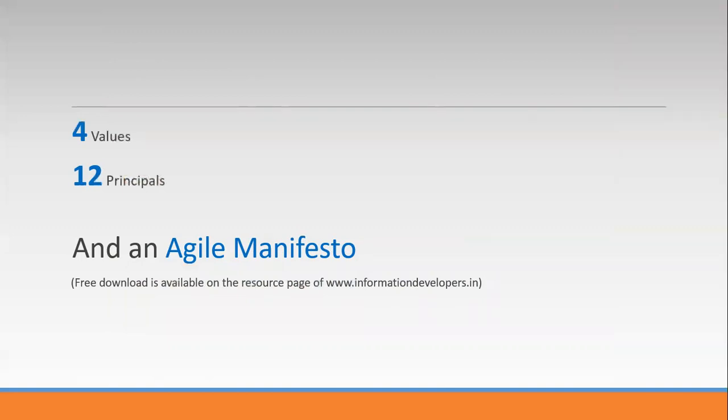The limitation of this video is that we cannot go in depth. For sure, I will do another video which will talk about values and principles in detail. In fact, every value can be talked about in detail for hours and hours. So here we will just limit it to: the Agile Manifesto consists of four values and 12 principles. By now we have seen that Agile is not a tool, it's not a technology, it's basically a kind of mindset. It is a set of rules, values, and principles. So this is all about Agile.